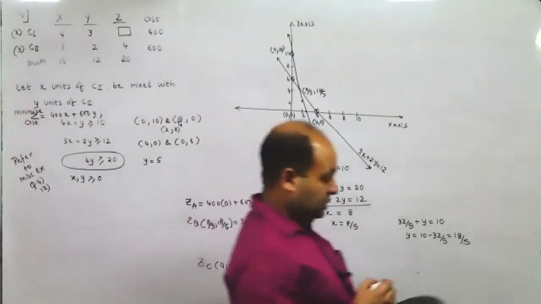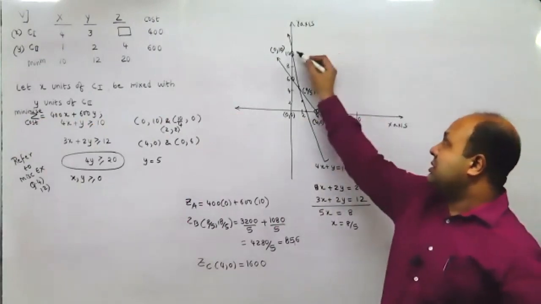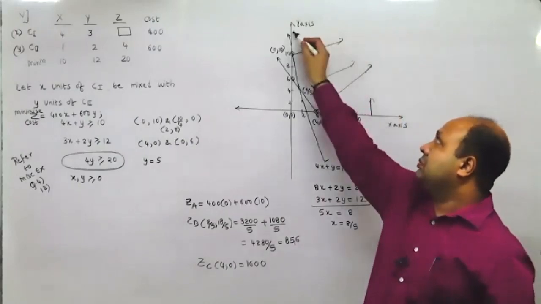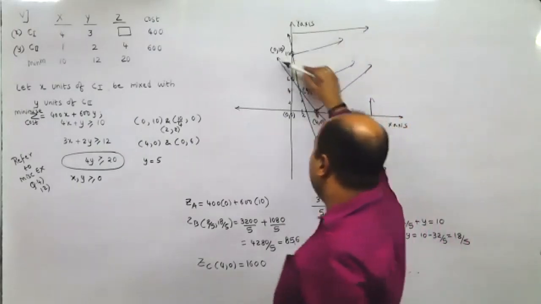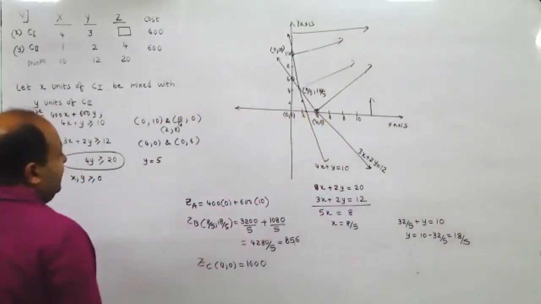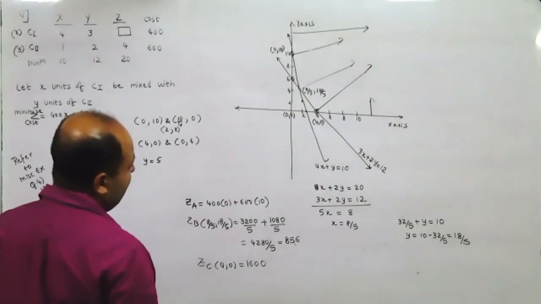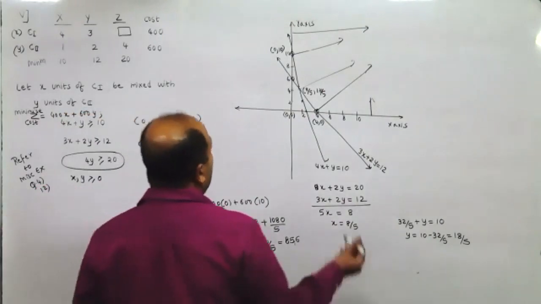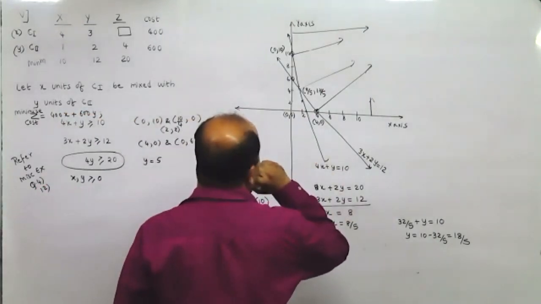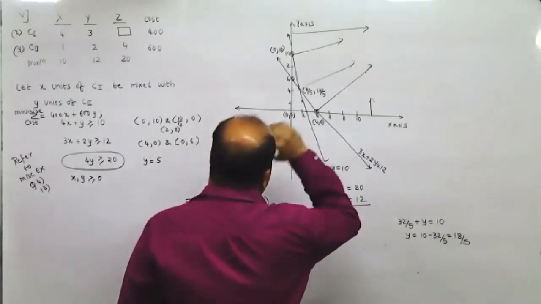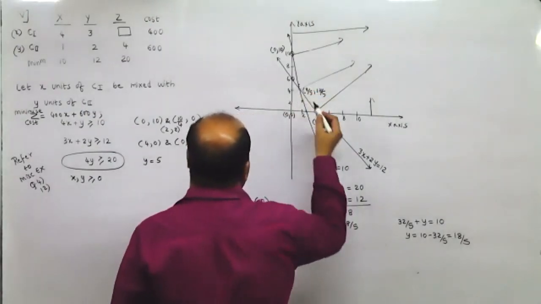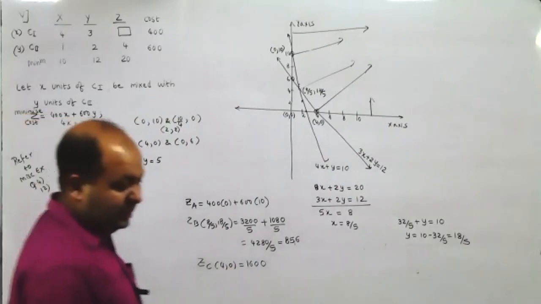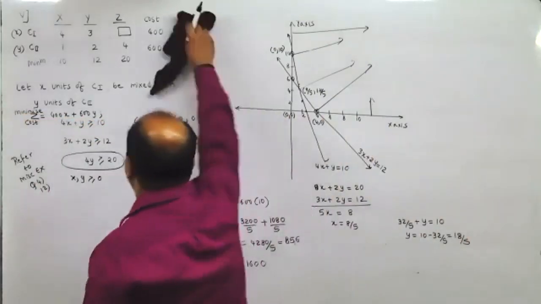Same as this. The region would be outwards. The third line may be somewhere here. What did you say is the third line? You said 5 comma. What is x and what is y? So x is 5 by 4, and 5 by 4 is 1.25. Okay, and y is 5. Oh, so I guess it should be somewhere here. Yeah, anyway, so this is how you draw the diagram. One piece of your information is missing.